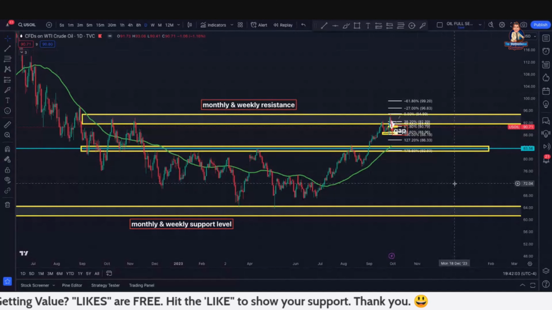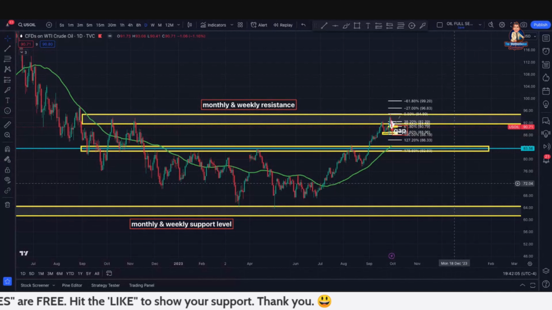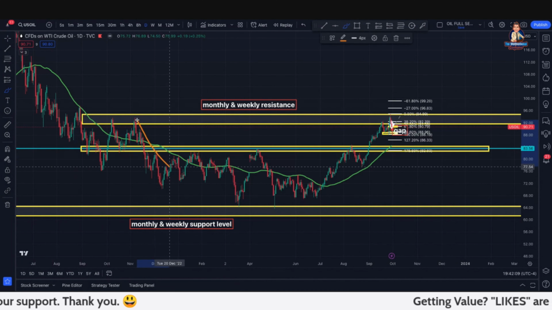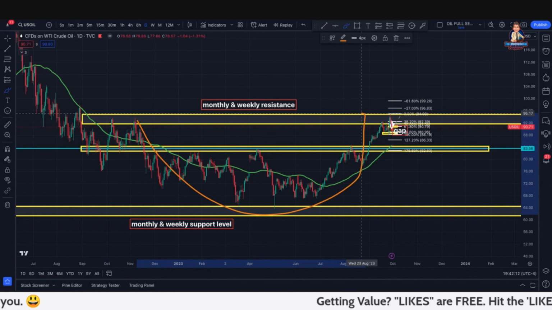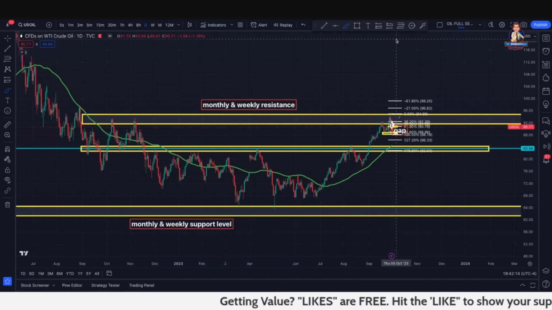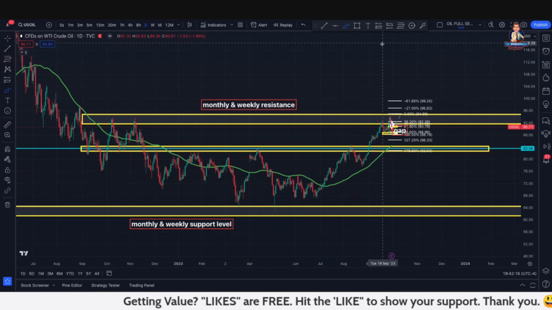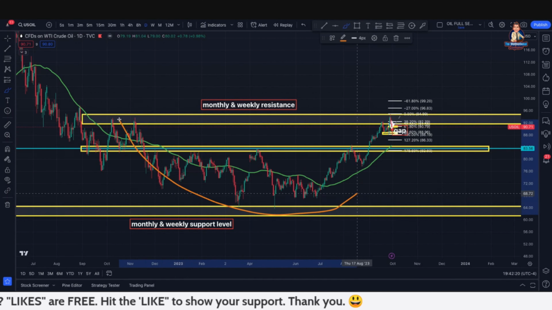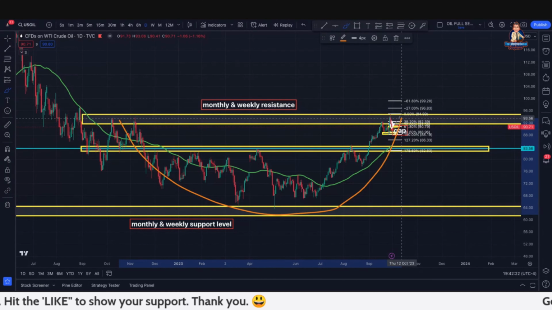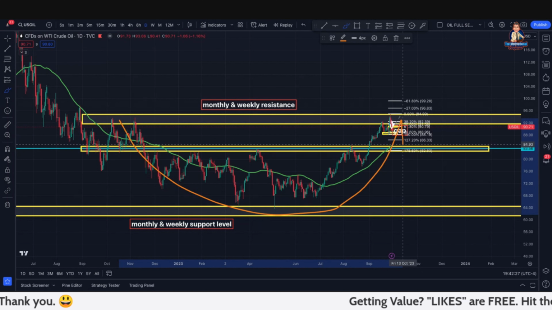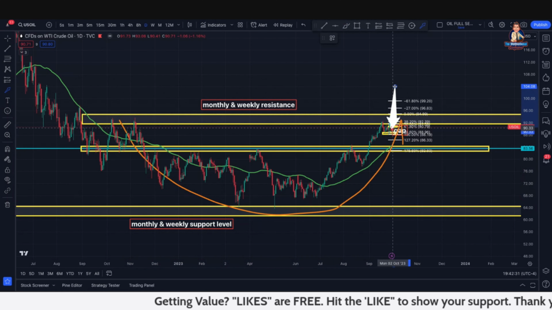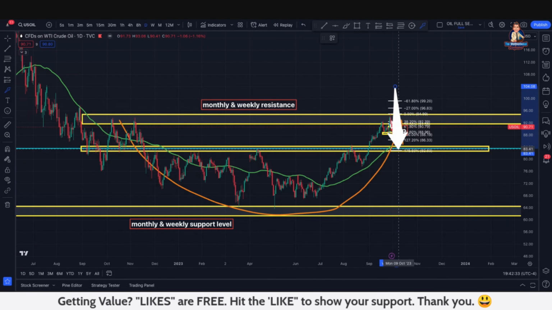Now, if you stayed here to the end, let me tell you what I was referring to with this daytime pattern. This is called the teacup. And man, I just butchered that drawing because my mouse hit my other mouse over here. So this right here is called the teacup, right? You can see here the bottom of a mug of a teacup, and then usually after the teacup, we see the handle. I believe that we are now creating that handle with this price action, and price will come back